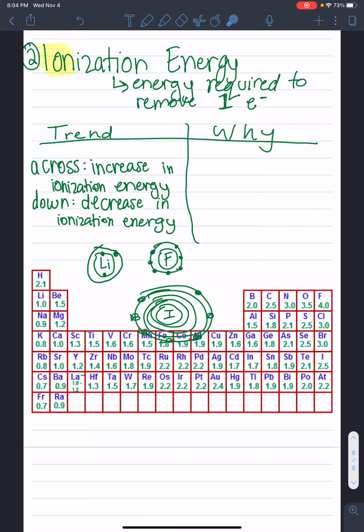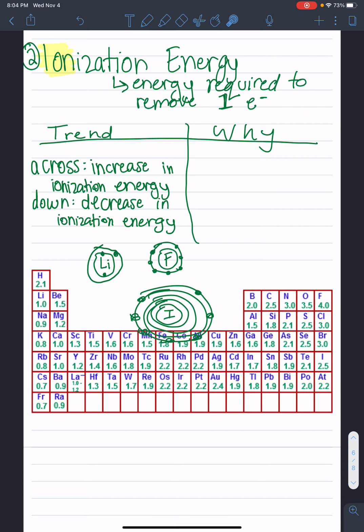So remember, ionization energy is our energy required to remove one electron. So think about, does F want to hold its electrons? Is it going to be harder for us to pull an electron off of F, or is it going to be harder for us to pull an electron off of Li? If you remember, F likes to have a lot of electrons. It's almost full. It almost has 8. So it wants to have all of these electrons. It doesn't want to lose any because it's so full to be having 8. Whereas Li doesn't mind if it loses this electron, because if it loses it, it will have a full shell